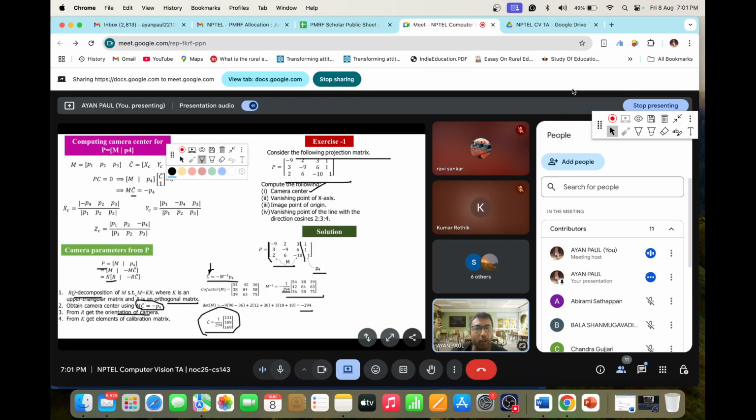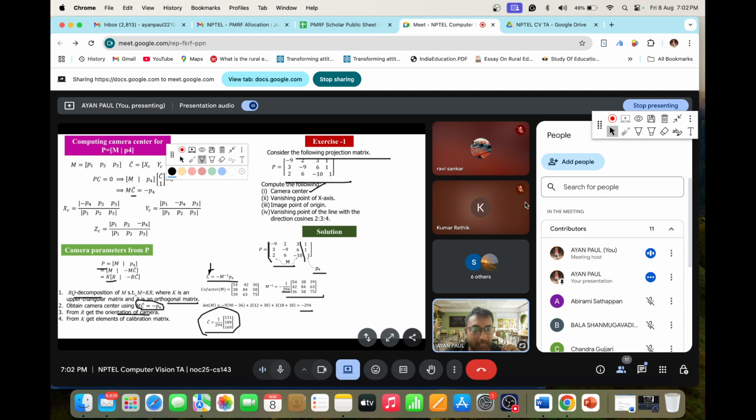So is it clear to all of you how we got the camera center? Is it clear? Clear, right? Okay, I guess clear to all of you. It is very simple. We will be given a P matrix. So divide this P matrix into M and P4, and then what you do, minus of M inverse. So you just take the inverse of the M matrix, so minus of M inverse, and multiply it by your P4 column vector. So by that you get your camera center,